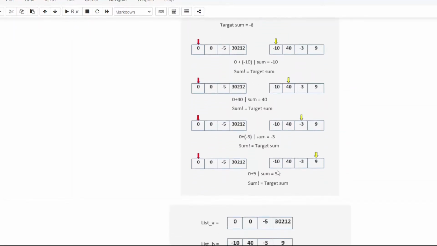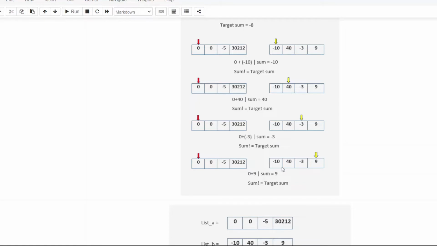So we will move forward, and the next number in the second list is -3. So 0 plus -3 gives the summation of -3, which is again not equals to our targeted sum. So we will move to the next element, that is 9. So 0 plus 9 gives the summation of 9, again not equals to our targeted sum.